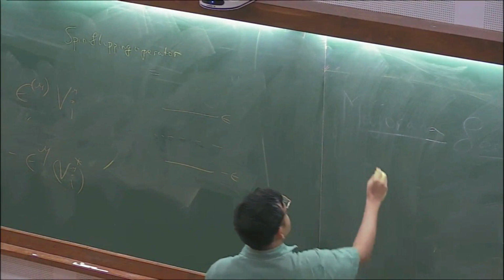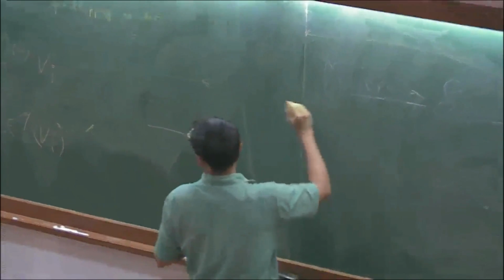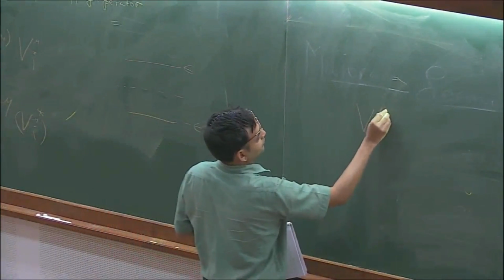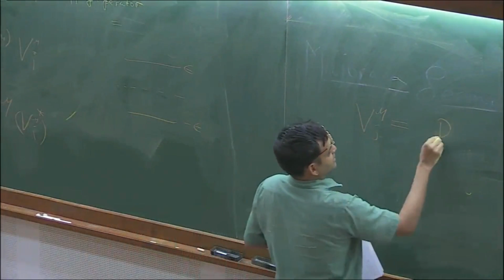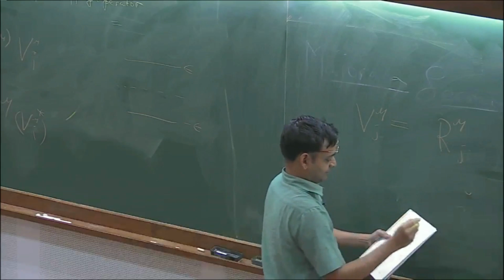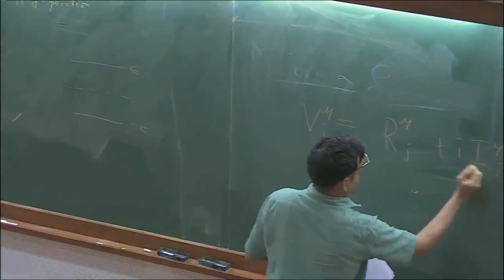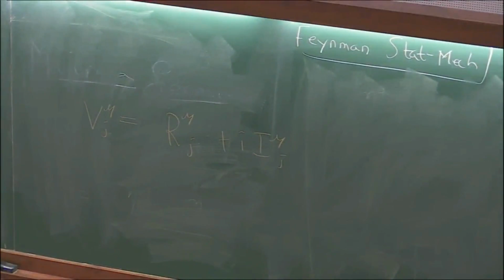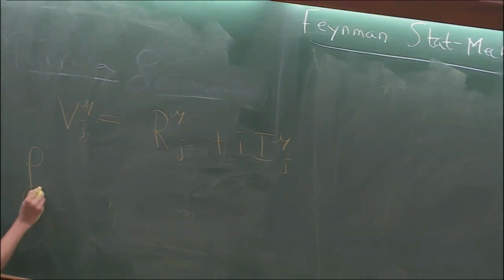So write each of these non-zero energy eigenvectors, which I label by V mu, as the real part plus i times the imaginary part. Okay? And construct these new fermionic operators F.